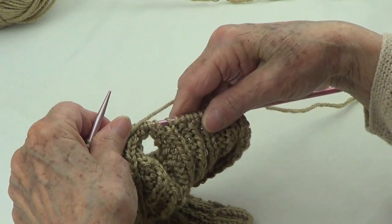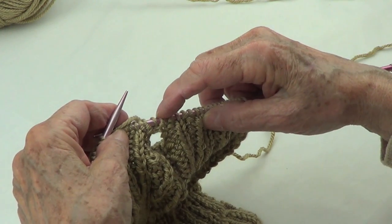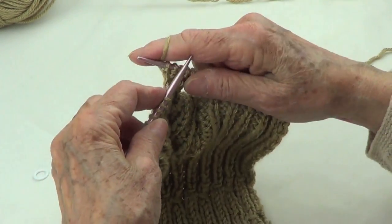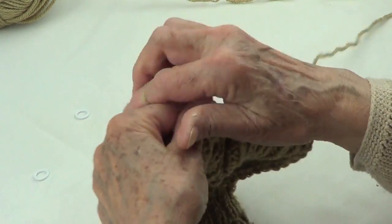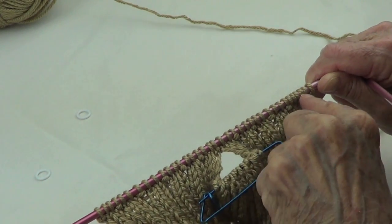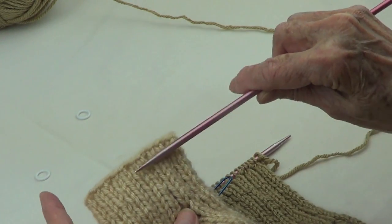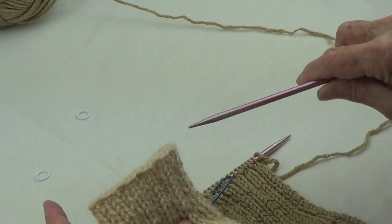So of course now I have, which is the wrong side, purl 2, knit 1, purl 2, knit 1, and purl 2, knit 1, and we continue with the same pattern. Now you will continue with this same pattern 12 more rows, so like that you have from the thumb up these 12 rows, and then you bind off,